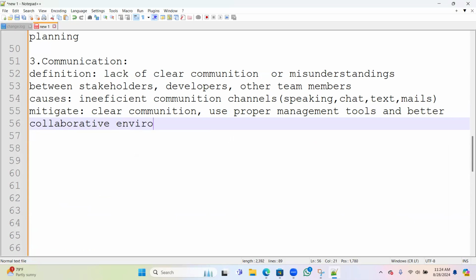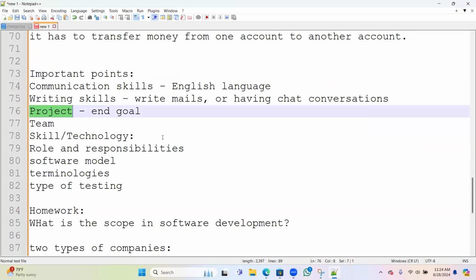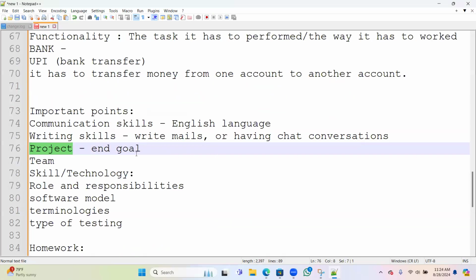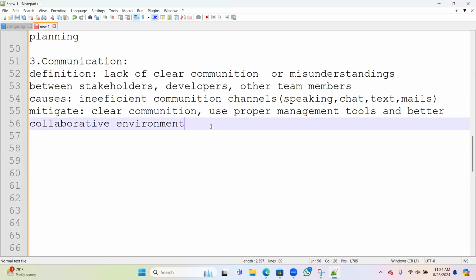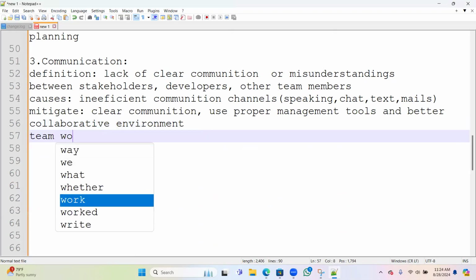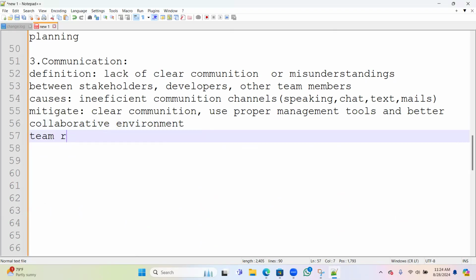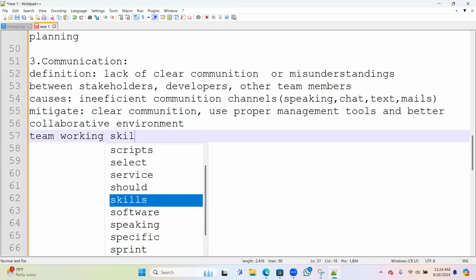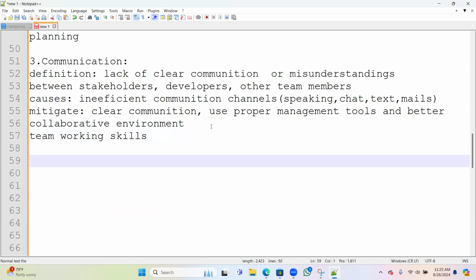Okay. So before you are understanding the project and all, if you have good communication with your team members, that will build up the team skills. Okay. Team working skills. Automatically it will improve the project also. Okay.